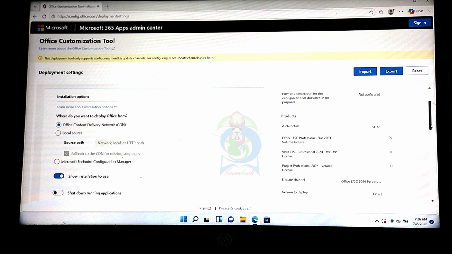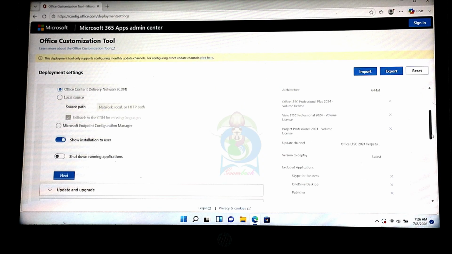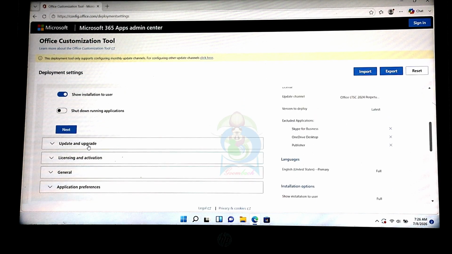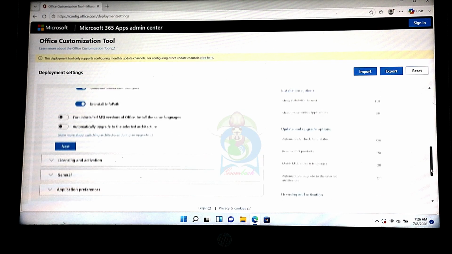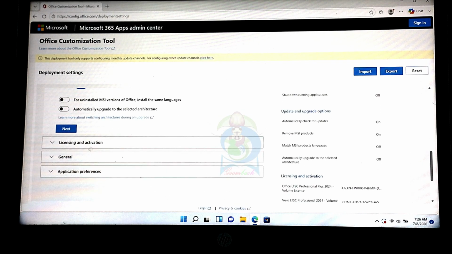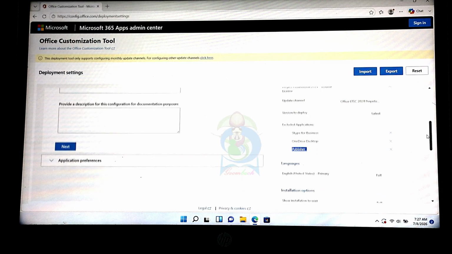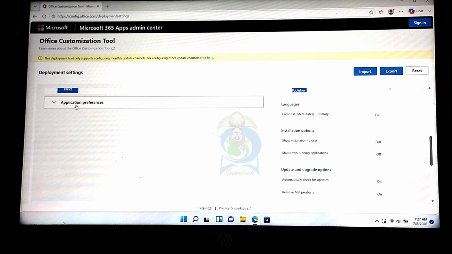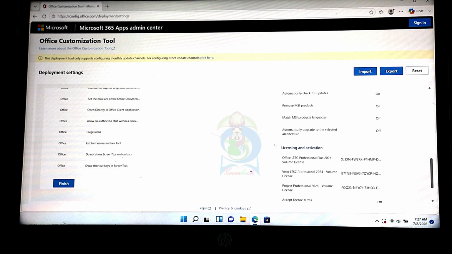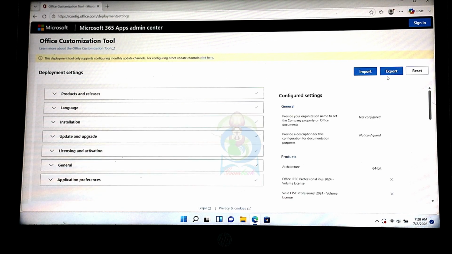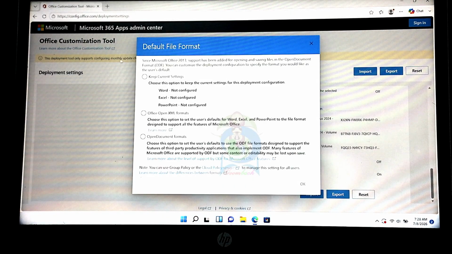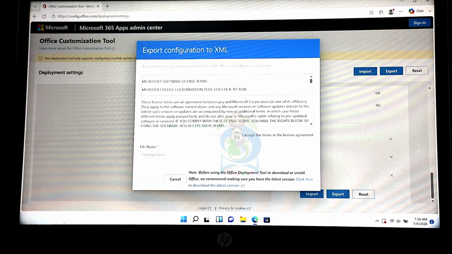Look, it's not necessary. Scroll down. Click here. That is not important. Licensing and activation, general, not important. Click Application Preferences. All these options have been checked. So click Finish. And then click Export Options. In default file format, choose Office Open XML format, then click OK and put a tick in the licensing agreement